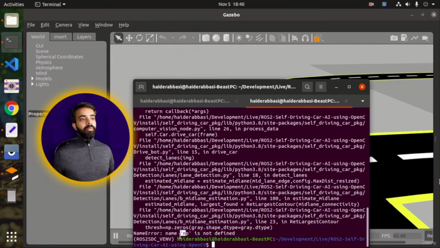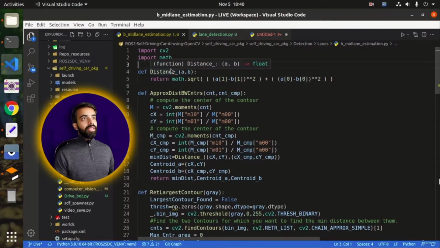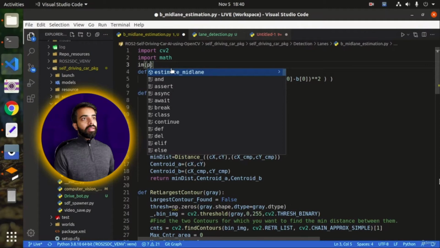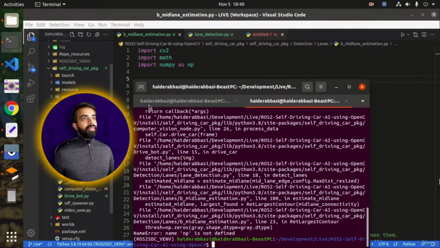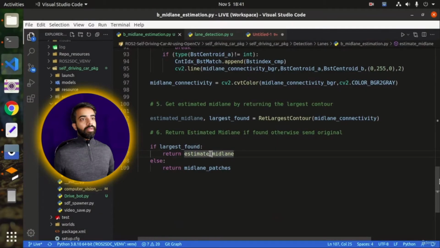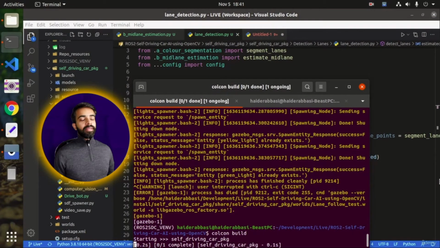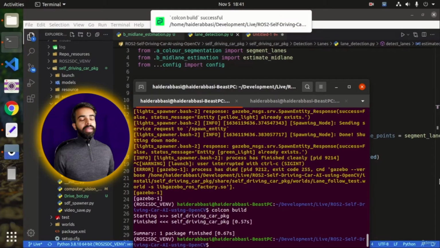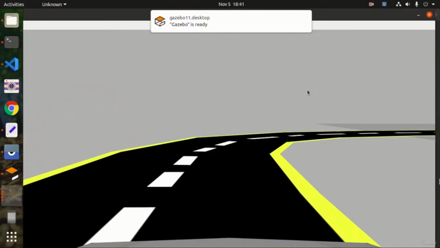All right, numpy is not defined, so we need to import numpy. All right, so import numpy as np. Now once the error goes away, we can build this again, run the simulation again, and then run the computer vision node again. Whoops. So there was a problem in declaring this estimated mid lane. I was just calling the function again. So once I do that, get rid of the error, save it, build, run the simulation again, run the computer vision node again, and what we get as output,